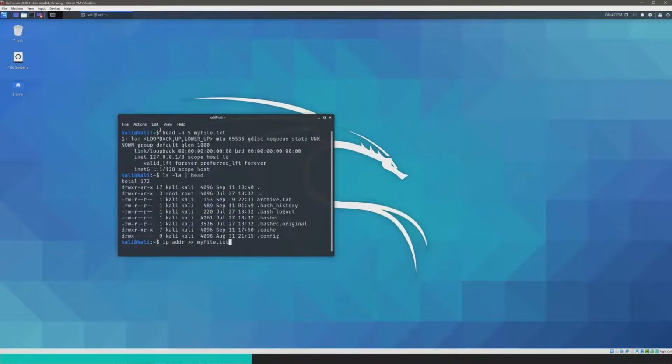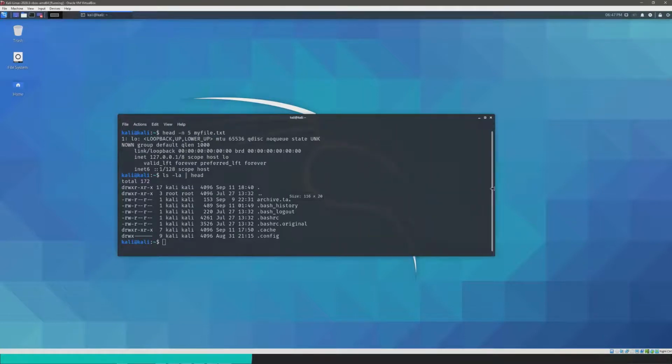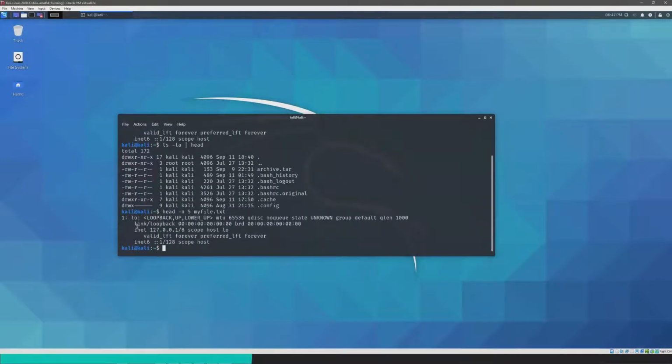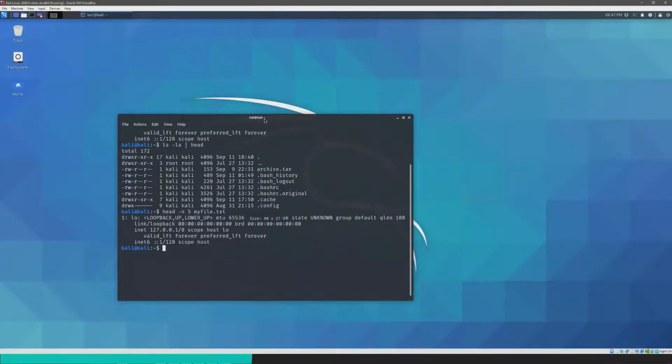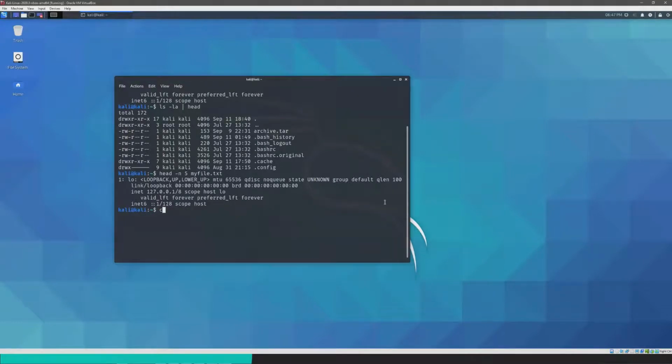So before, it's possible that the command that I ran was wrapping around. Let me see if extending the terminal will fix that. Maybe, not sure. We'll see. 1, 2, 3, 4, 5. Yeah, that's exactly the problem. It was wrapping around. So it does show the first 5 lines of the file that you specify on the right-hand side. It's just that it was wrapping around because my terminal was a little small. Let me expand it a little bit. There we go. Okay.